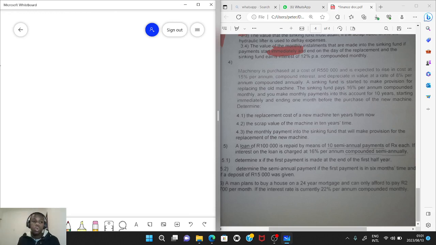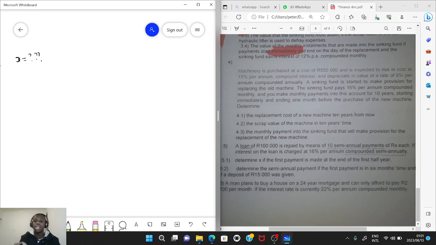Oh, we're still looking for X in this case. We're still looking for X, right? Now they're saying determine the semi-annual payment if the first payment is in 6 months time, right? And if a deposit of 15,000 was given. Now I want you to understand that on this question, the first thing that they did is that, okay, before